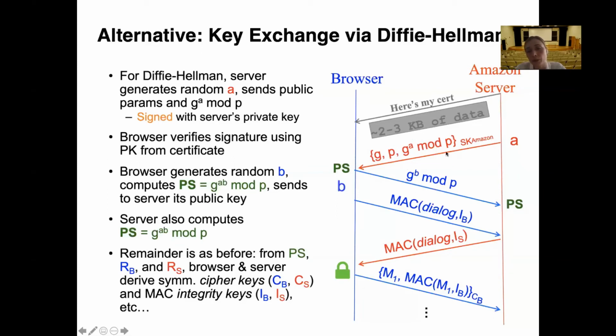So let's see what you could replay here. Amazon's server sent you this information, and what if you were to replay Amazon's message and then replay the browser's message, right? Then you are establishing again an old connection with the old keys. So there's still some form of replay. Maybe those keys were compromised somehow, right? Somehow the attacker managed to compromise the keys and he just really wants to get them,